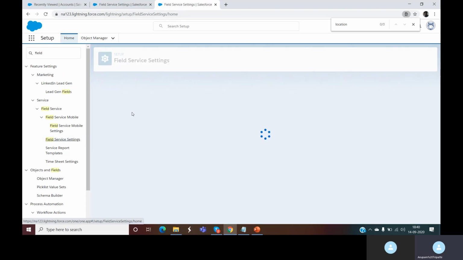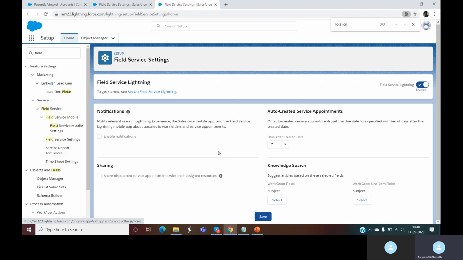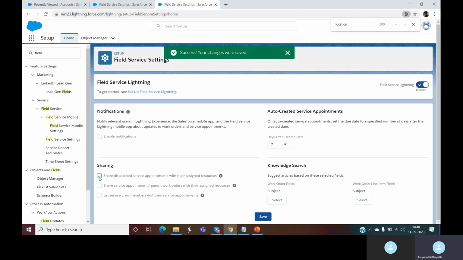So in the field service settings, we basically update this checkbox where we want to share the dispatched service appointment with the assigned resources. I've not done anything yet, but I'll check this checkbox, and then I'll share the service appointment's parent work orders with the assigned resources as well. So I'll just save this, and my work is done.